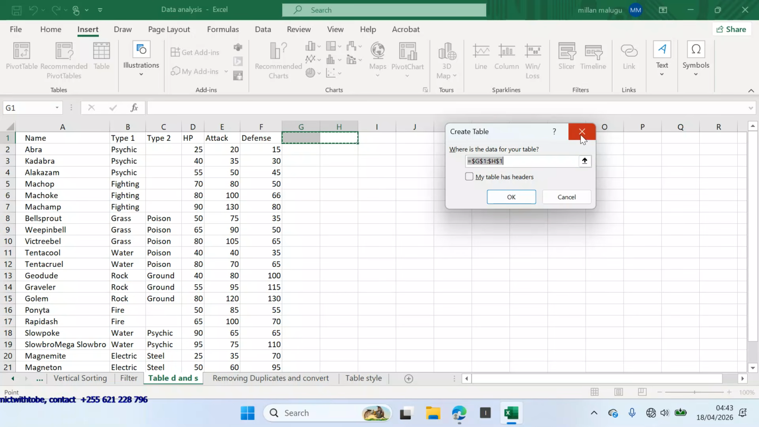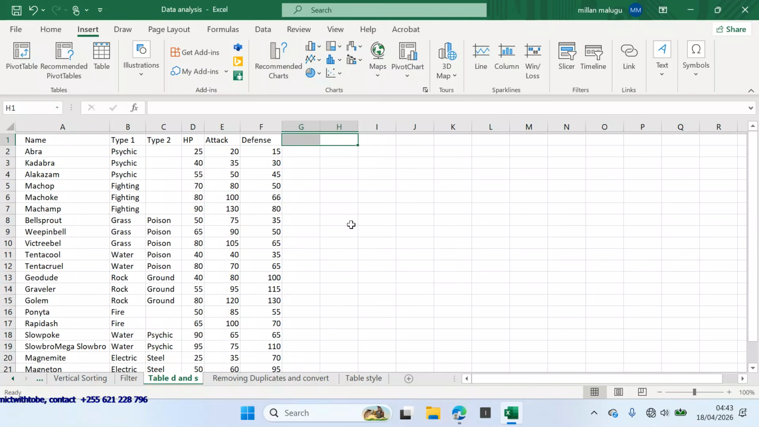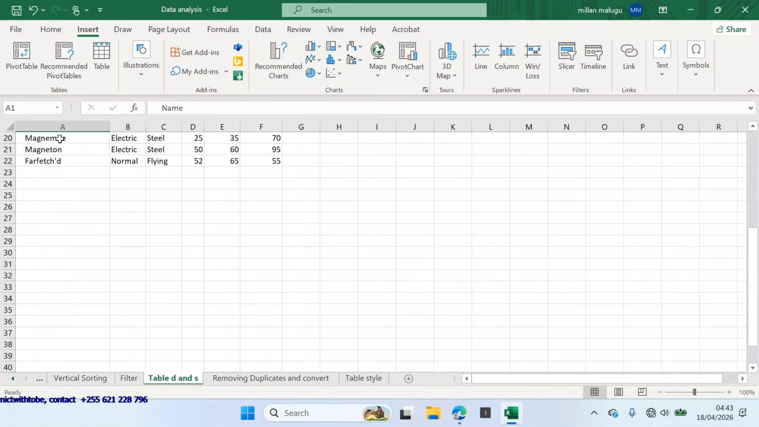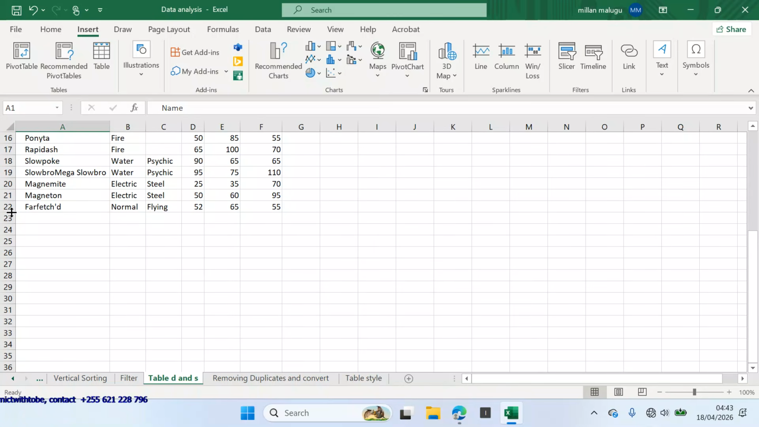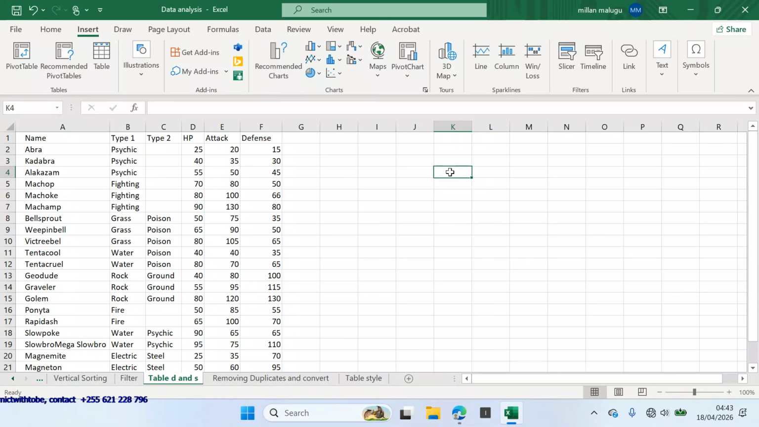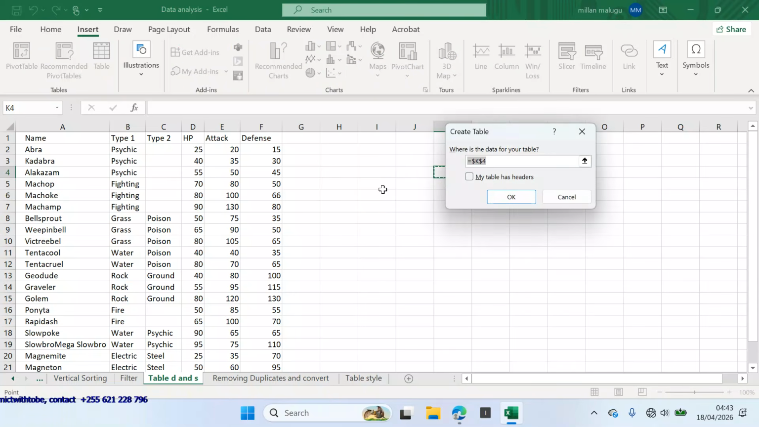When you are creating the table, make sure that you understand the real length of your table. Our table begins here at A1, where there is a header name, and goes up to the last data, which is in F55. So to create this table, you can press Control T. Then it has given you the length